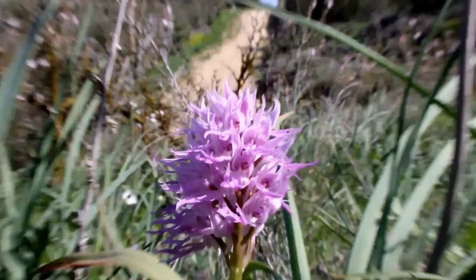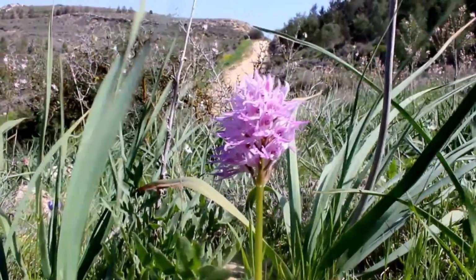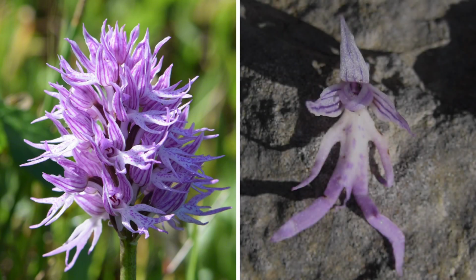These plants can reach a height of up to 50 centimeters, with their flowering usually occurring between the months of March and June, and fortunately for lovers of exotic plants, they can be easily cultivated, as long as some basic soil, light, and